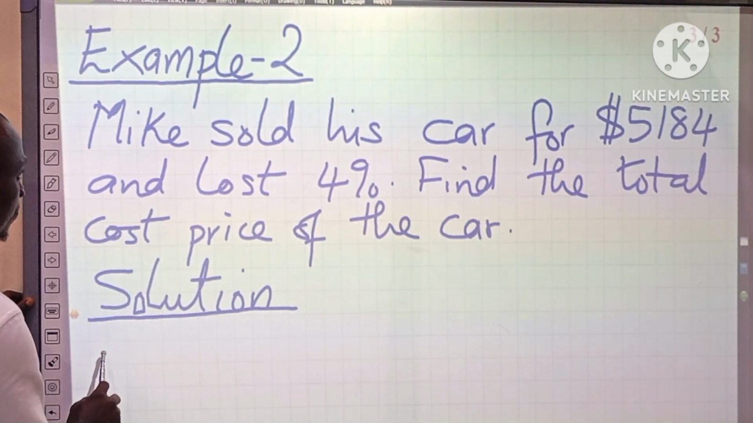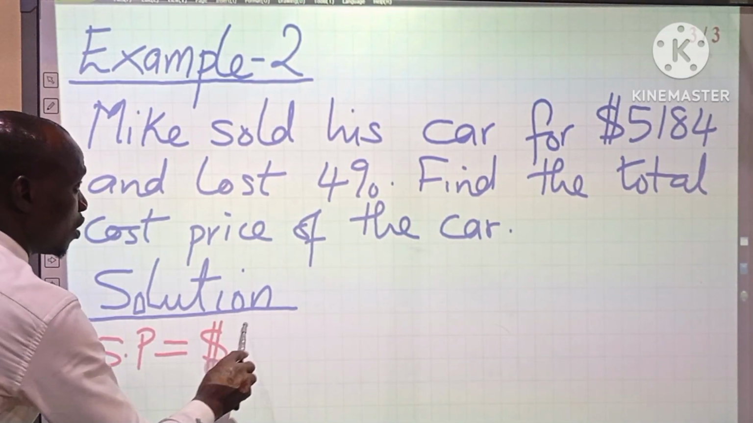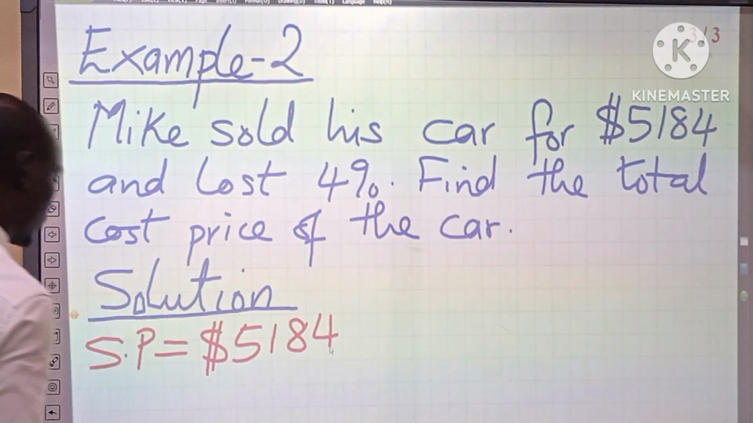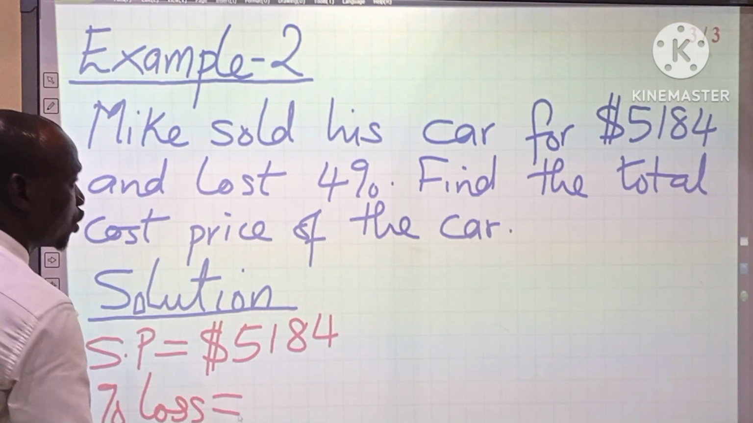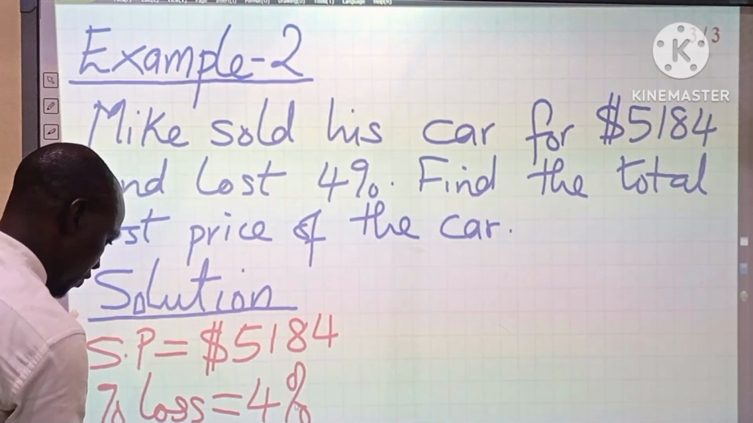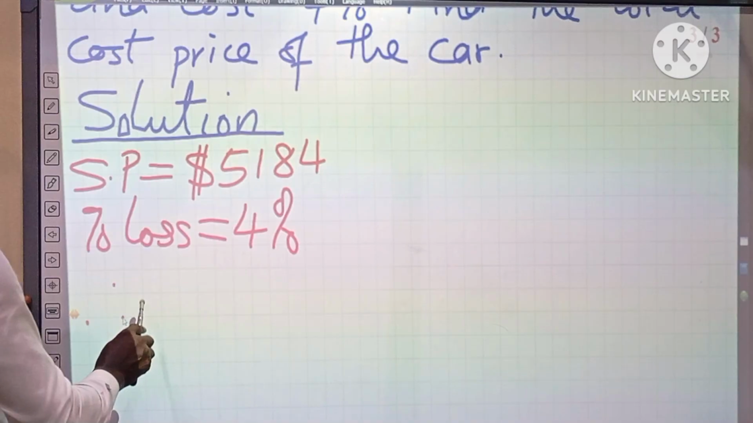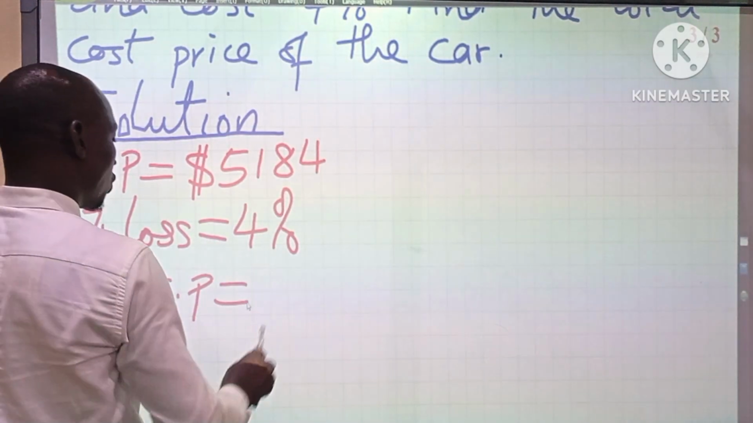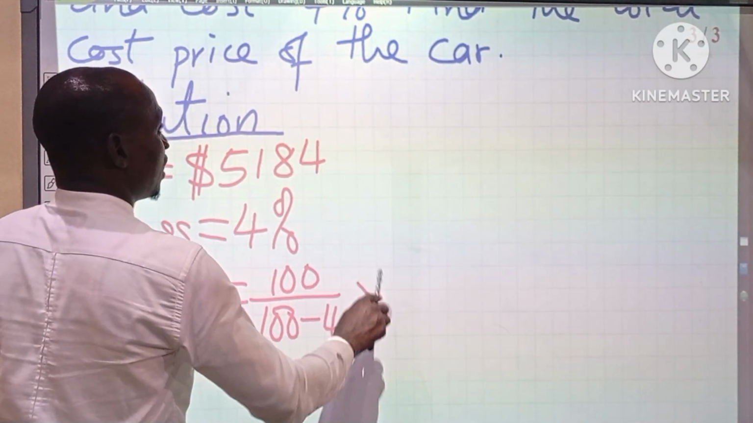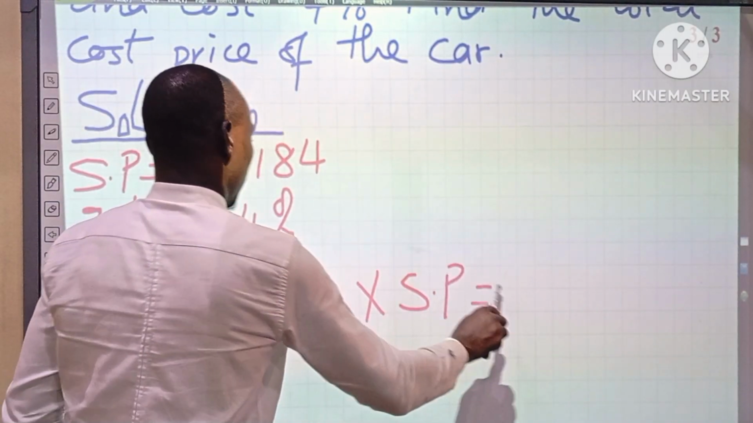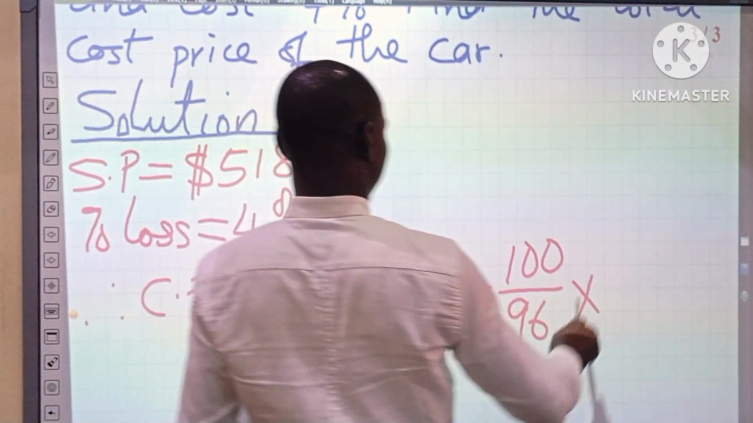So, our selling price is equal to 5,184. Then percentage loss is equal to 4%. Therefore, cost price will be equal to 100 over 100 minus 4 times selling price, which is equal to 100 all over 96 times